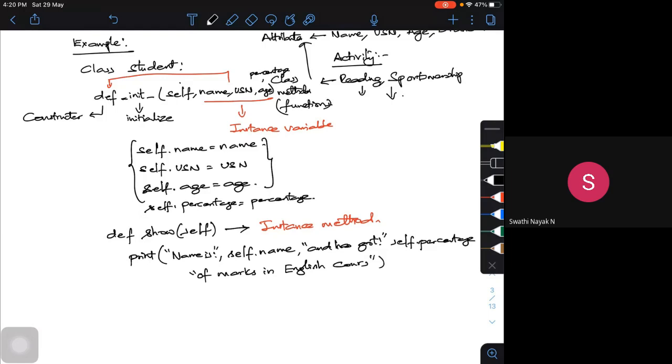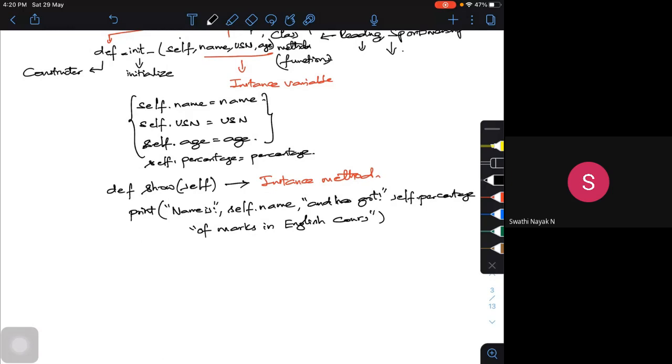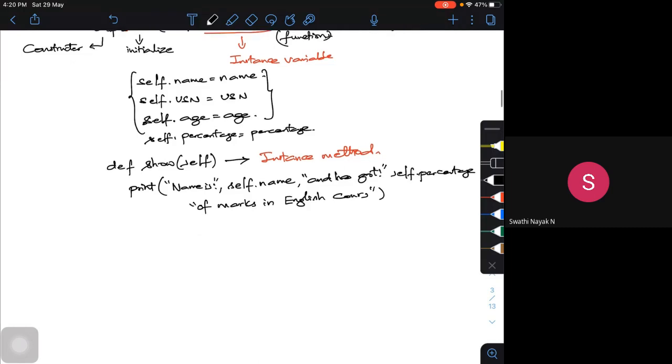Now what will happen actually, now I want to call this from one of the class. I want to call it from the main program, that is, we call that as object of the class. So what is it actually? I need to define it. I want to show that actually an object in the class. So let me call it as some stud or whatever it may be, student. So stud, okay, it can be A, B, C, anything, whatever it may be. I'm just calling it as a student.